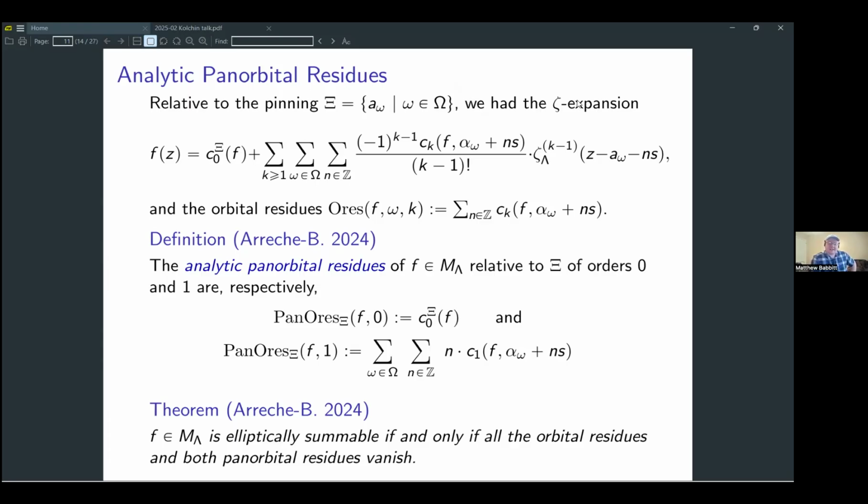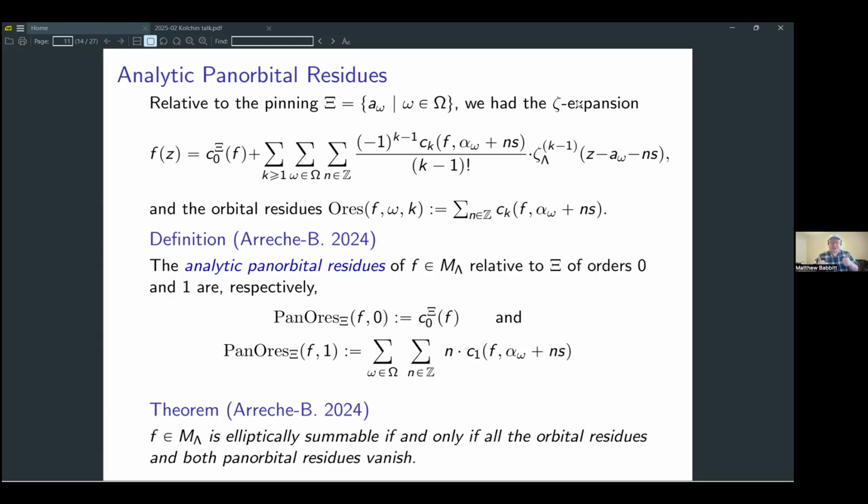Now, I'd like to stress that the way that we showed this really relies on the proof of Dreyfus, Hardouin, Roques, and Singer's result on orbital residues, right? They proved their result on orbital residues by making this reduction on elliptic functions to get that the orbital residues vanishing is necessary. The way that we prove this is we carried out that same reduction that they had and kept track of it explicitly using zeta functions. Okay, so this relies very much on their work. But all right, this completes the story in the analytic case,